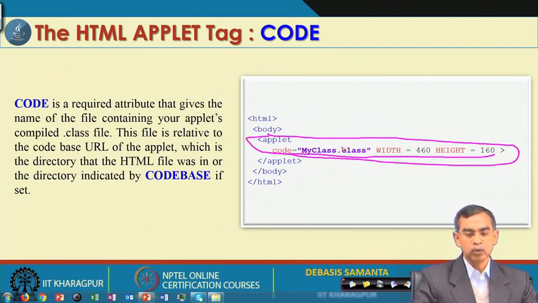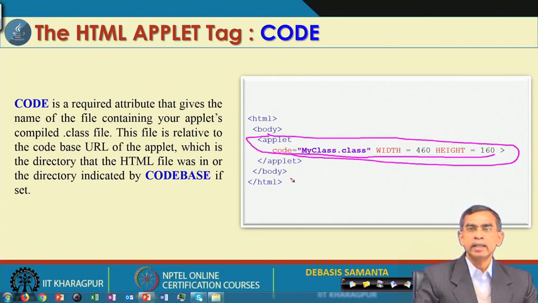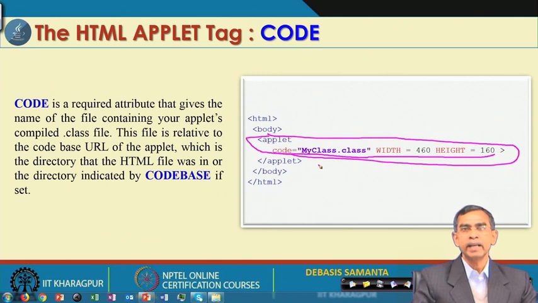So, this is basically code is there, and then code is basically here. One important point that you should note: whenever you run an HTML file hosting a class file, it basically requires two things. The HTML file itself should be saved somewhere, and then the dot class file should be saved somewhere. If you do not specify anything explicitly, then your browser assumes that the dot class file and HTML file belong to the same directory.